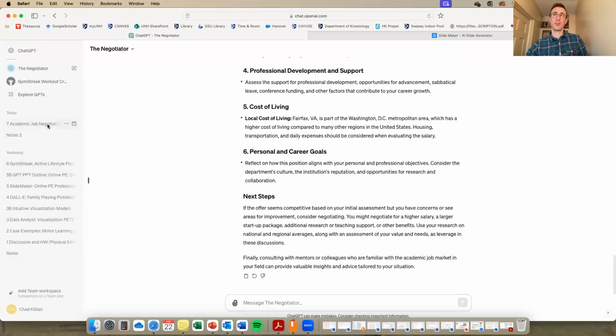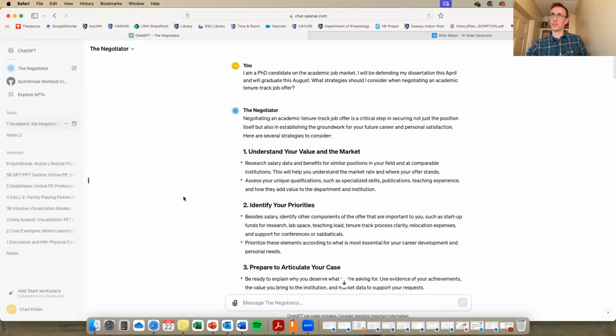And for anybody out there on the job market or looking for a raise, or doc students, I think this is a cool one. There is a negotiator that gives you strategies to negotiate. It will actually role play negotiation with you. If you get that job, you can kind of go through it. So I think that's another cool one, just an FYI for everybody here.